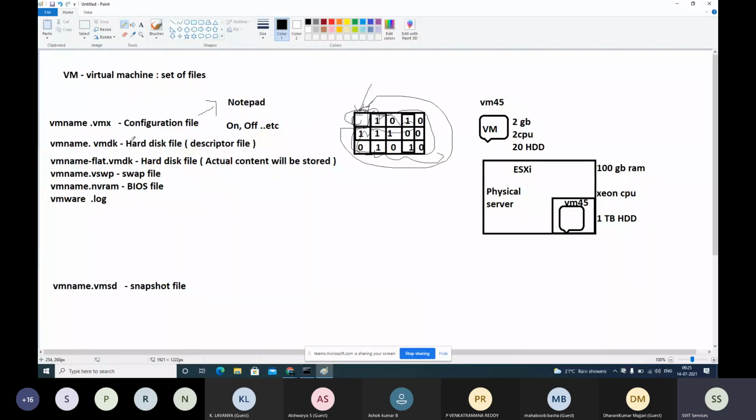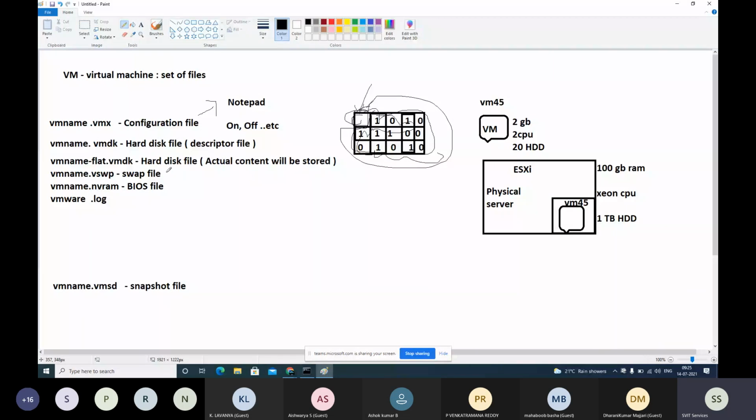VMDK will have only the descriptor information. But if you look at these files, only VMDK will be visible with full capacity. We will see later where we can see flat.vmdk. Now, .vswp swap file, it's called the virtual memory file.